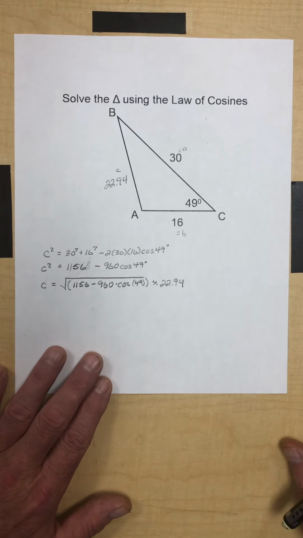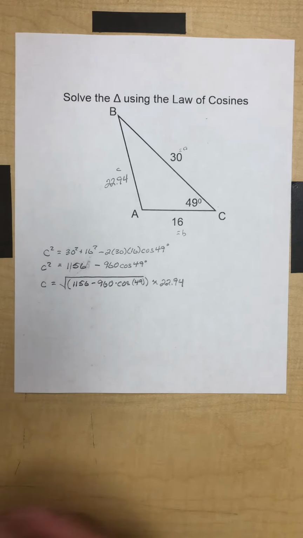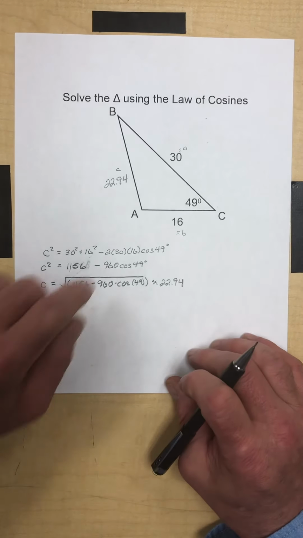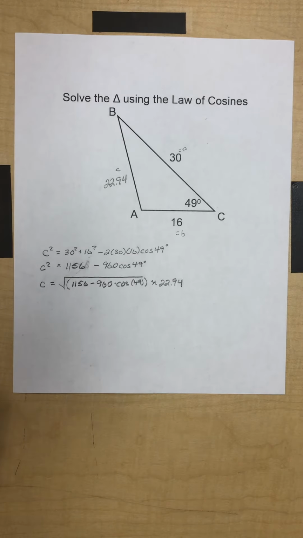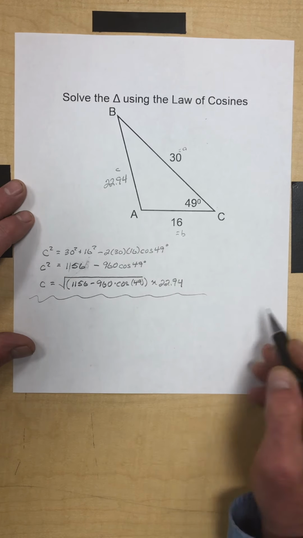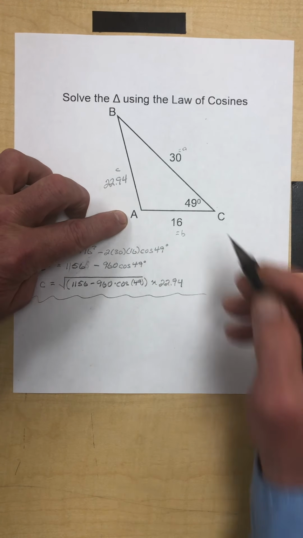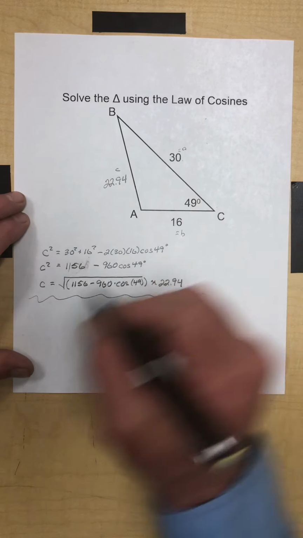Okay, all right, now I have to go after my angle measures. Okay, and let's see what we can do here. It doesn't really matter which one you go after. I could go after angle A or angle B. It's not going to make any difference. So I'm going to go after angle A. We're going to do that guy first. So if I'm going after angle A, I have to start with the side opposite of that. So I'd go 30 squared